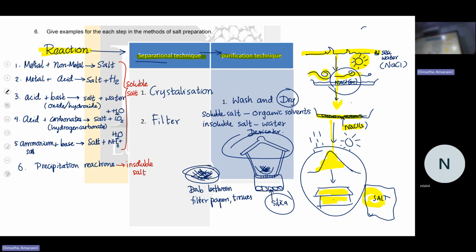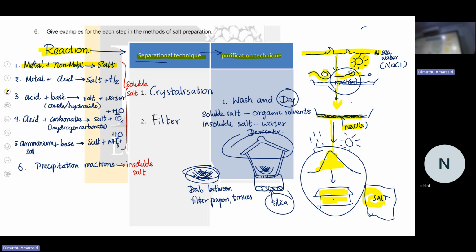So throughout this lesson, we learned reactions where salts are made. In this lesson, you need to decide what reaction should be used to prepare which salt. Is that clear? Now, what are the reactions that we have learned to prepare salts? Metal, non-metal reaction, that I didn't teach, but that's pretty simple, straightforward. Sodium and chlorine, sodium chloride. But we don't do them in the laboratory because they are a little what? Dangerous reactions. Metal and non-metal reactions are usually too vigorous.